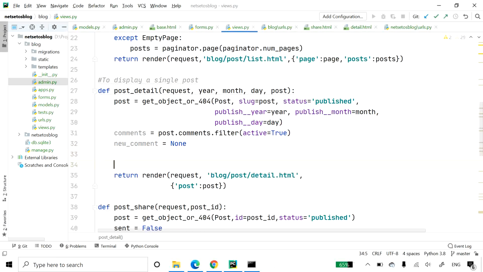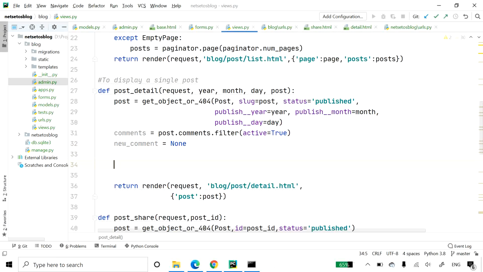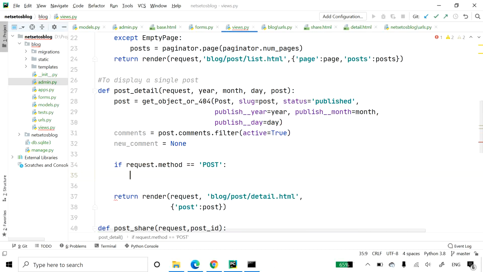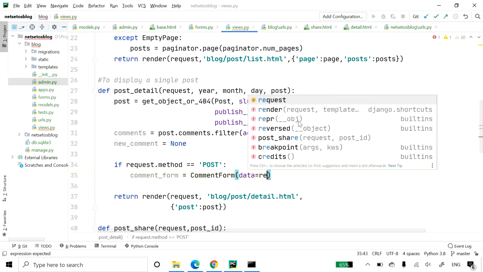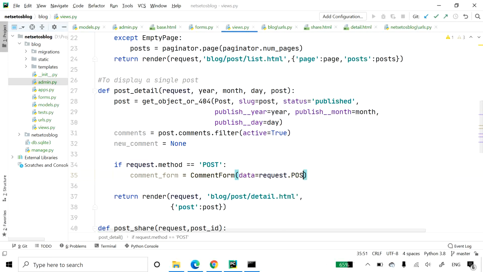Then I will have the if condition. If the request method is POST, a comment should be posted. So here we will have comment_form equal to CommentForm with data equal to request.POST.